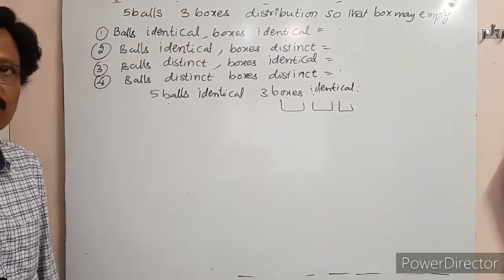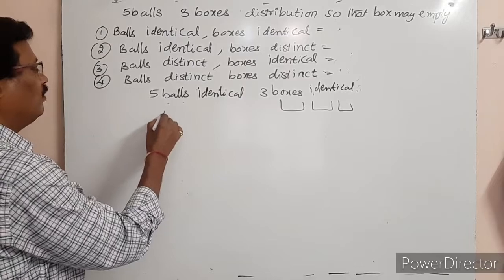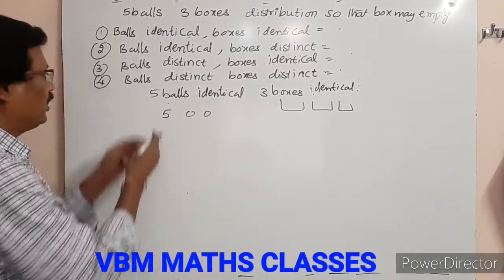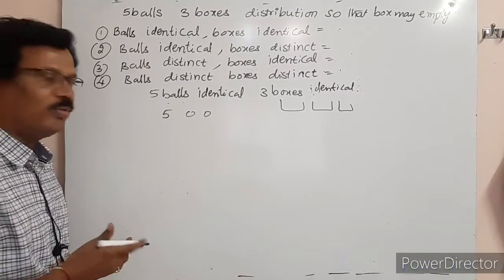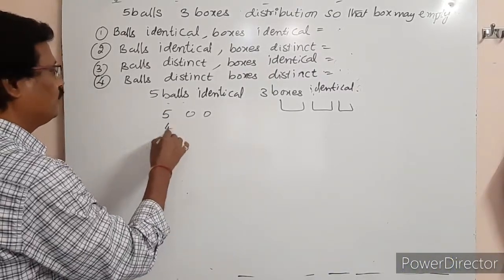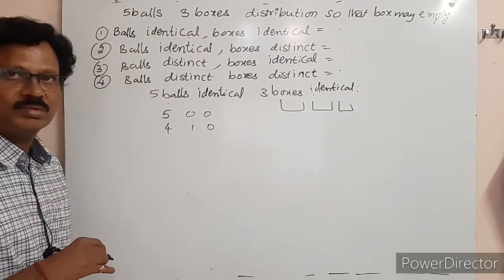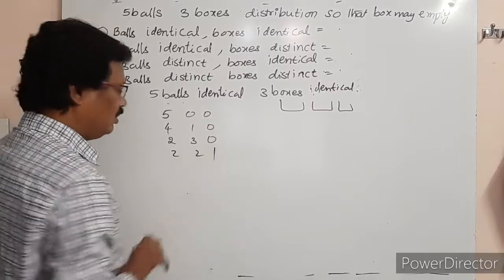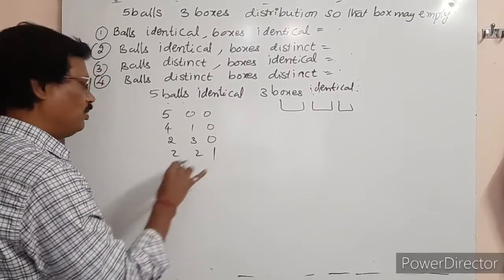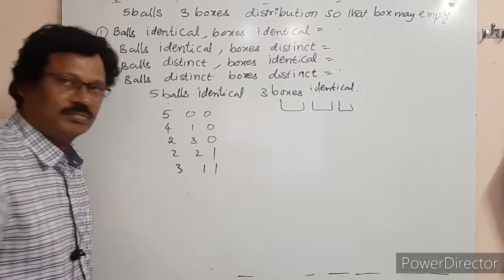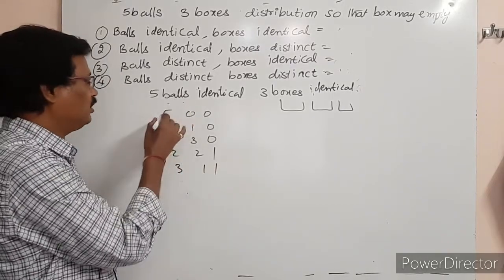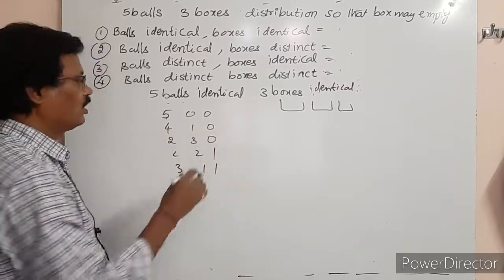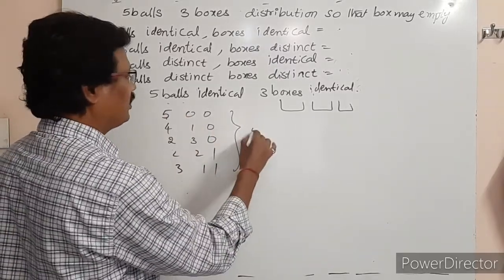Now by using the partition formula, only one partition for the 5 balls, remaining 2 boxes are empty. This is a partition of 5 balls into one partition, and 2 partitions of 4, 1, 0. Okay, and 2, 2, 1. No box is empty. 3, 1, 1. 5 balls into one partition, 5 balls into 2 partitions, 5 balls into 3 partitions. This is the total number of ways, 5 ways.